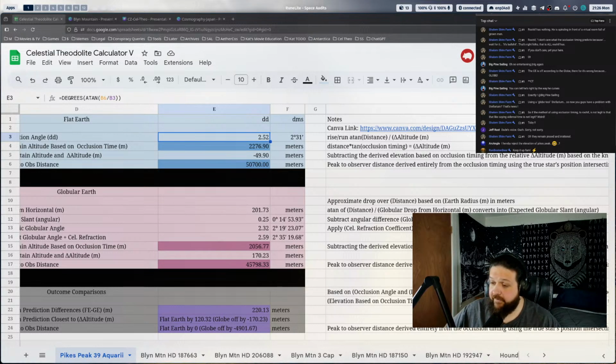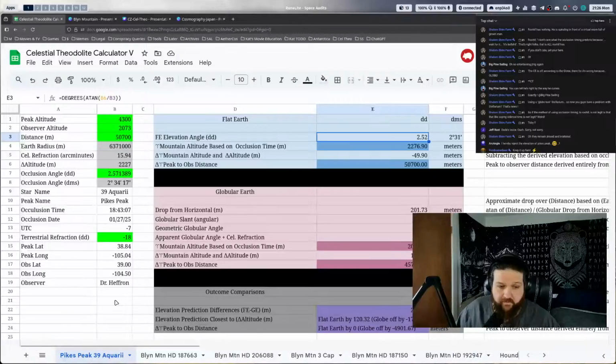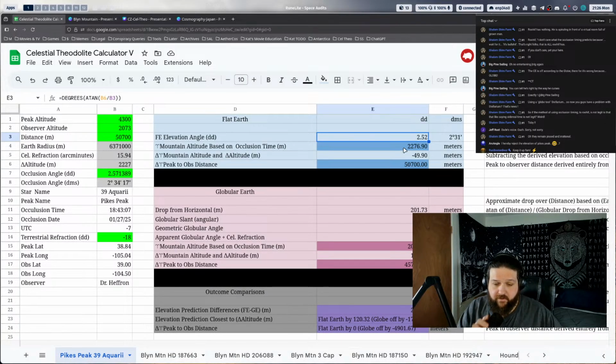Okay, but what I'm confused about is if a globe believer and a flat earther went out there and used the same tool in the same conditions, I don't see how you guys would get different values, as on this spreadsheet. No, same value. You already asked this. Same value, different interpretation. How are you saying the same value when I'm seeing different values on the spreadsheet? When you say different values, what do you mean? Like, what are we talking here? What's not looking right? What do we need to go over here?